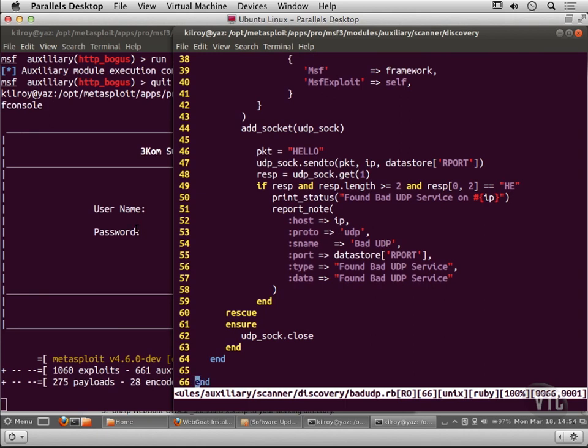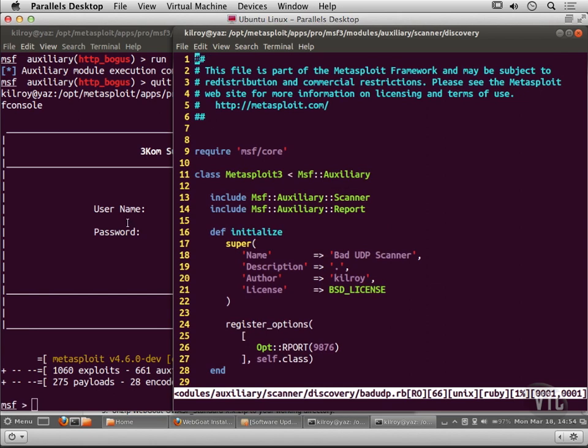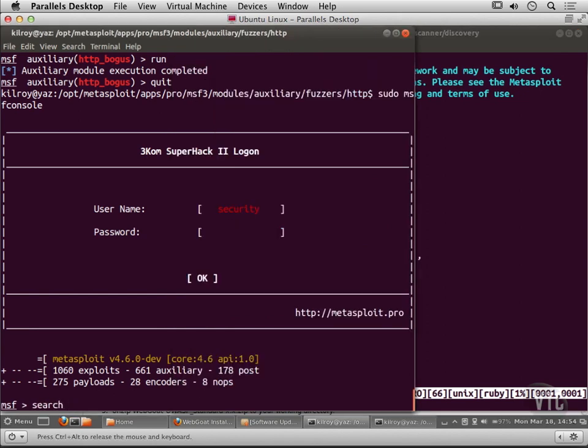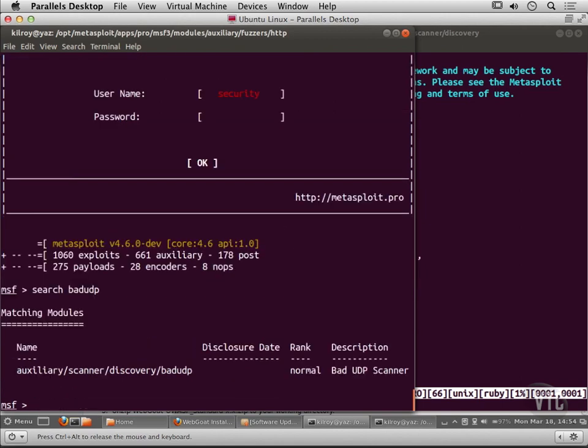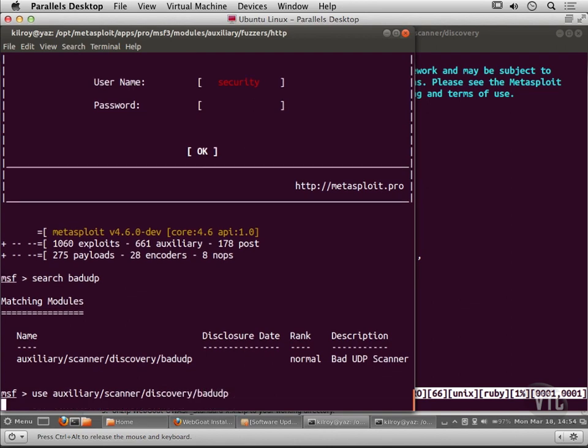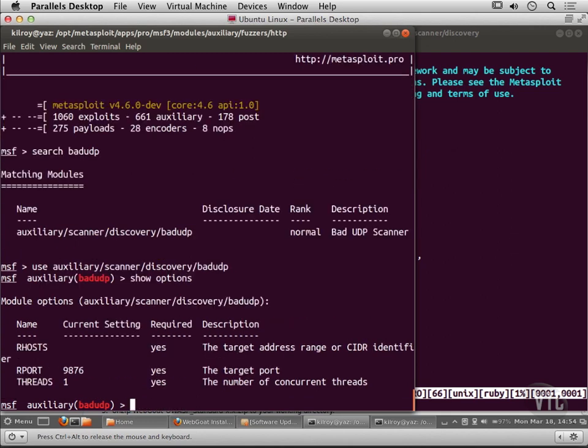So right here I've got MSF console up, and let's take a look at what we've got here. So I'm going to search for bad UDP, and I've got the scanner there. Now I can just use auxiliary scanner discovery bad UDP. And now if I do the show options, I'll see the remote port as one of the options, and of course remote hosts is always one of the options. I'm going to leave the port alone and set our hosts to be